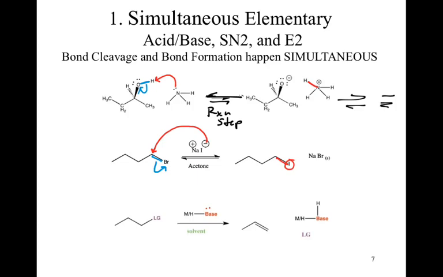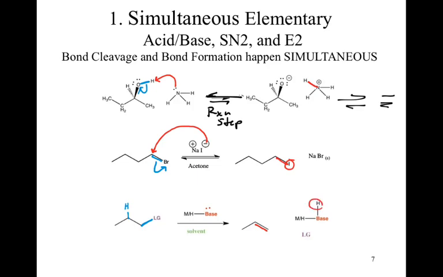In the last case, we've got a lot of things going on here, and depending on how you want to look at it, we can say different things. But we've got the formation of the pi bond at the exact same instant that I have the breaking of that carbon-LG bond, and I have the breaking of the hydrogen-carbon bond. Okay, so if I'm going to try and represent all of that appropriately,